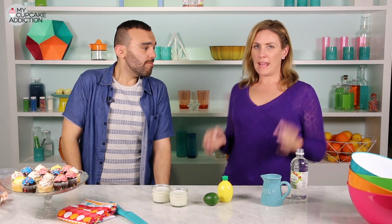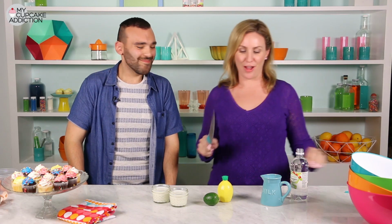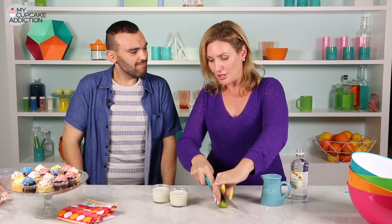Buttermilk. Heaps of recipes call for it. I never ever have it. Sometimes I freeze it, sometimes I just don't have it, sometimes I forget to buy it. What about you? I'm pretty much the same. Buttermilk is the bane of my existence, but I read that a little citrus in your regular milk will turn it into buttermilk. Because I am so bad with actually remembering to get buttermilk, I use this all the